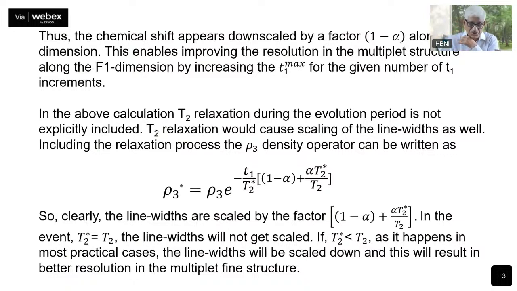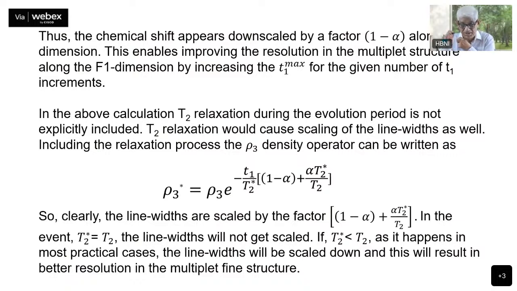So in the above calculation, T2 relaxation during the evolution period is not explicitly included. So T2 relaxation would cause the scaling of the line widths as well. It is exactly in the same manner as I explained to you earlier. So now the rho 3 density operator can be written as rho 3 star is equal to rho 3 e